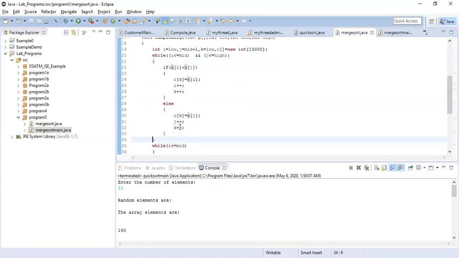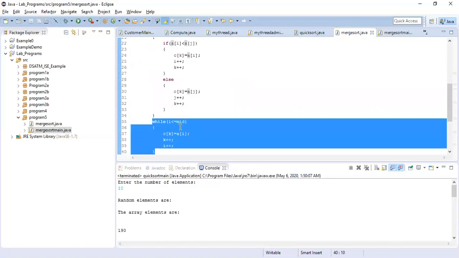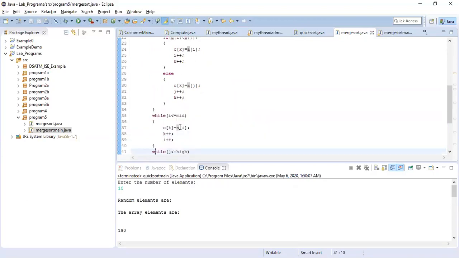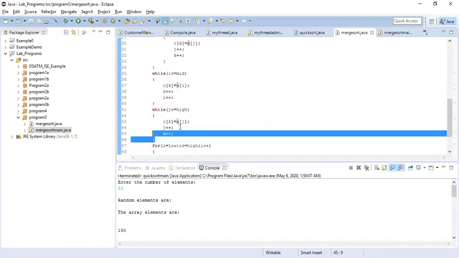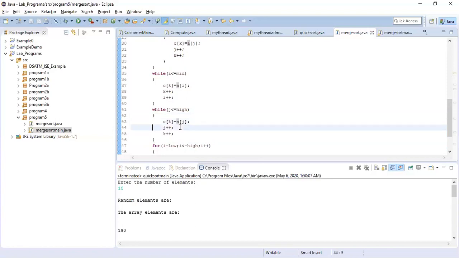And the next while loop is like, the remaining elements are copied to your C array. If the elements are the same in number, then we need not execute this while loop. But if your first part array is bigger than your second part, the remaining elements are copied here. Likewise, if your second part has more elements, then the remaining elements will be copied to your C array. But our expectation has to be